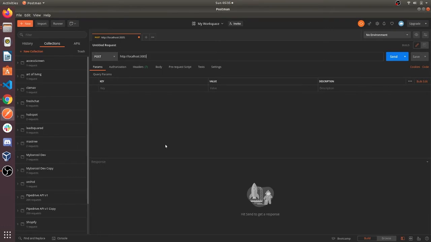API slash version slash users. Now 3 here is going to be our path parameter, which we can access through ID. And then let's pass in some query parameters as well. Let's call it page 5. It's just so that we can access these variables on the server side.